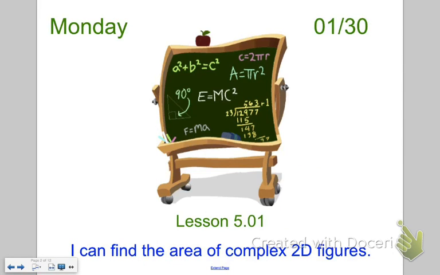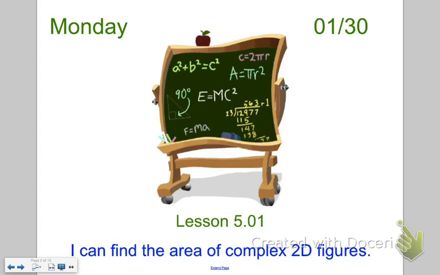Today is our first lesson on our new unit, and today we're going to be finding the area of complex two-dimensional figures. With complex two-dimensional figures, we're just going to have more than one shape, such as a triangle and a circle and a rectangle, combined together. So let's take a look at one example,